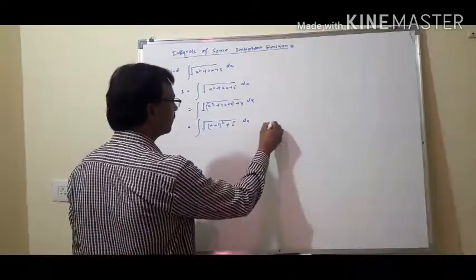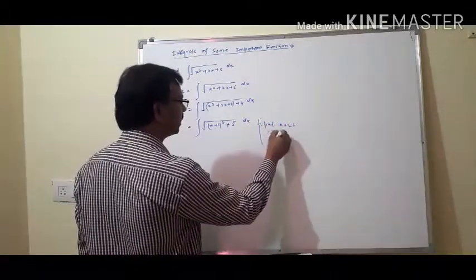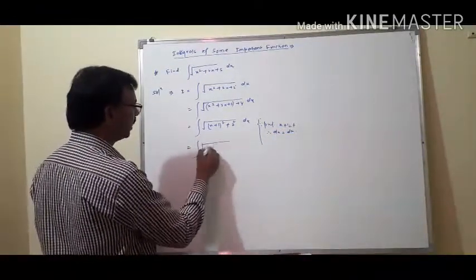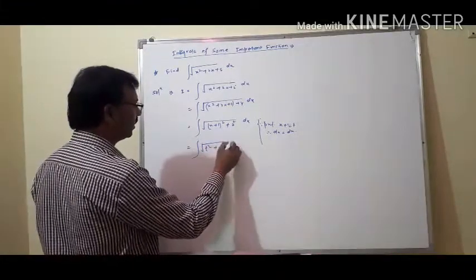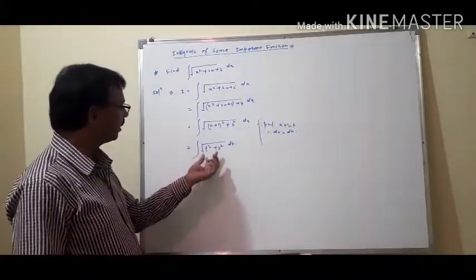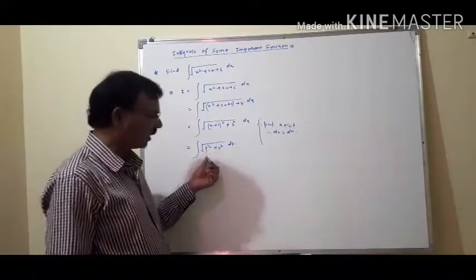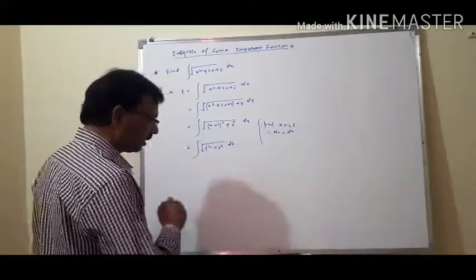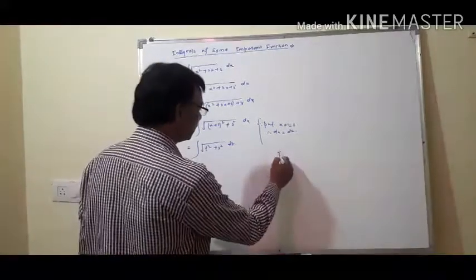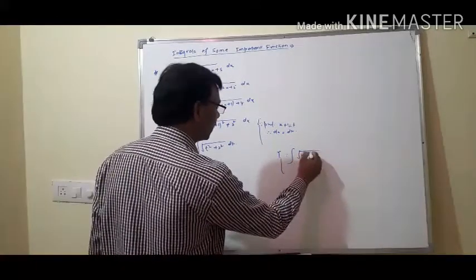Now put x plus 1 equal to t, therefore dx equals dt. So this will be equal to integration of root under t square plus 2 square into dt. Again, this is in the form of root under x square plus a square. That means, as you know, the formula, I write here, integration of root under x square plus a square